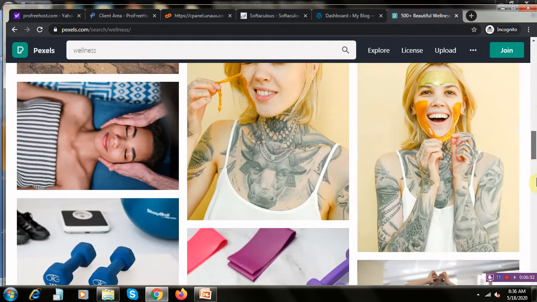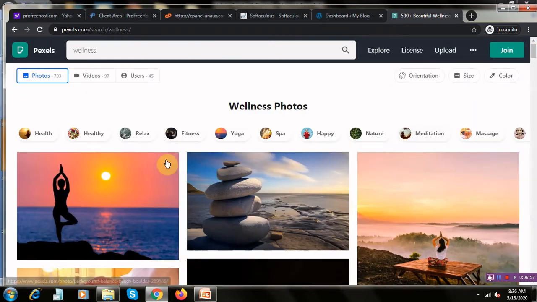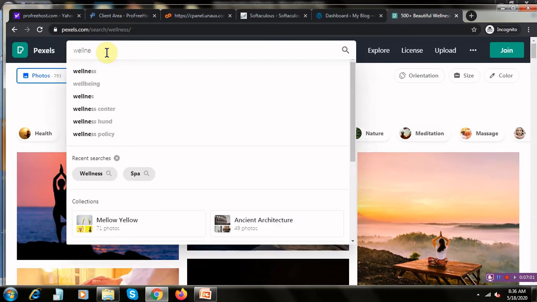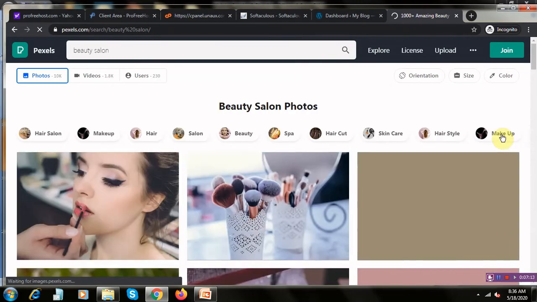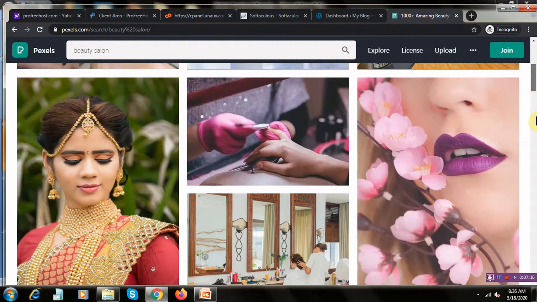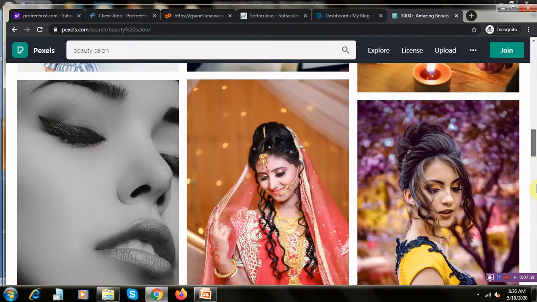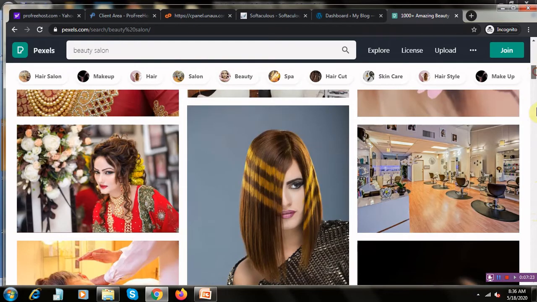So choose any theme or any pictures that are apt for your business. Wellness is also relevant, but let me choose spa only. These are related ones. You can also check for beauty salon. You can choose any of the pictures that you want.